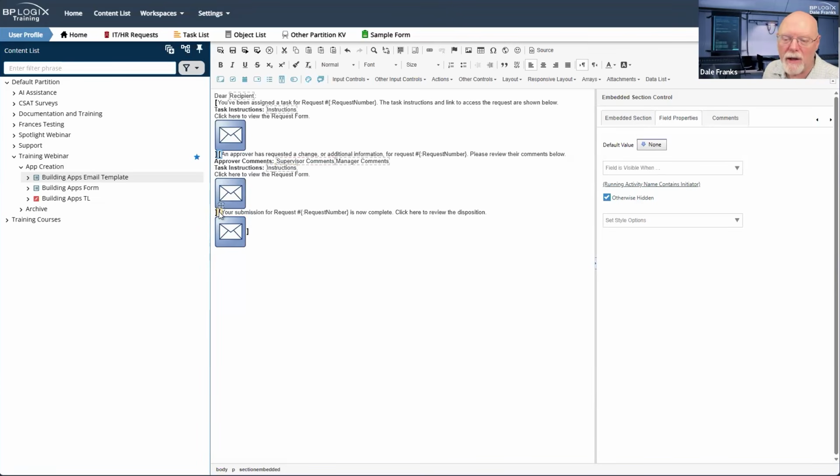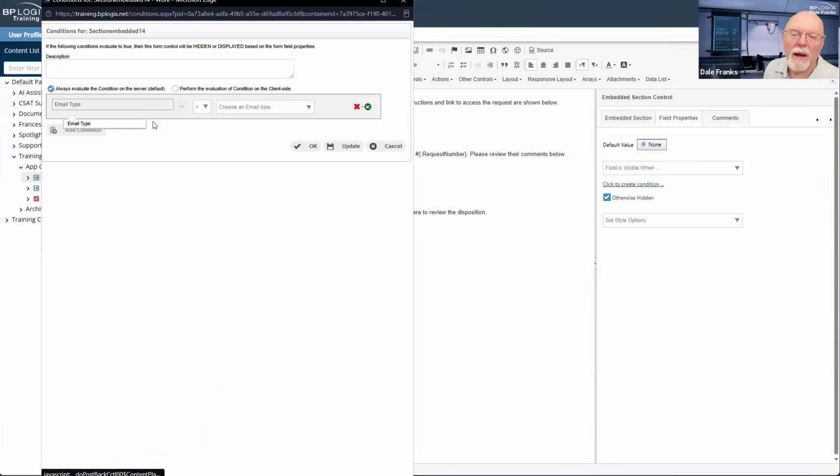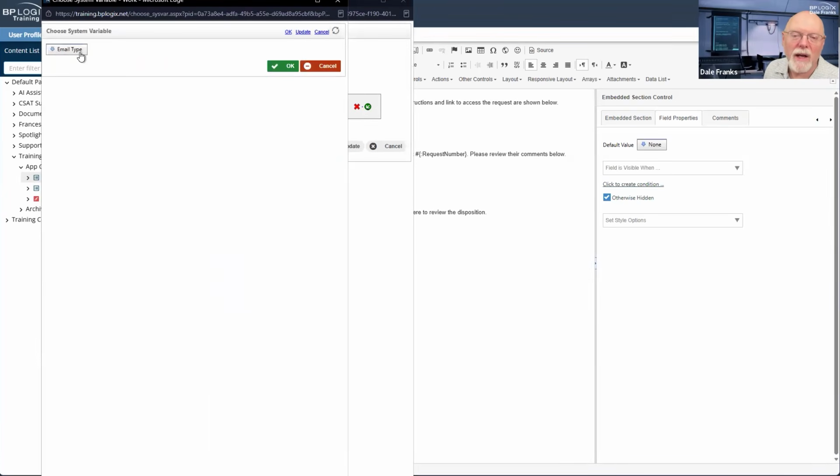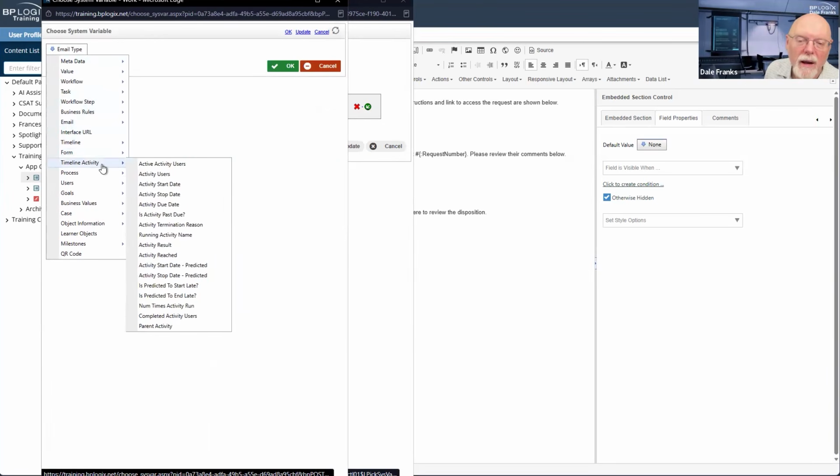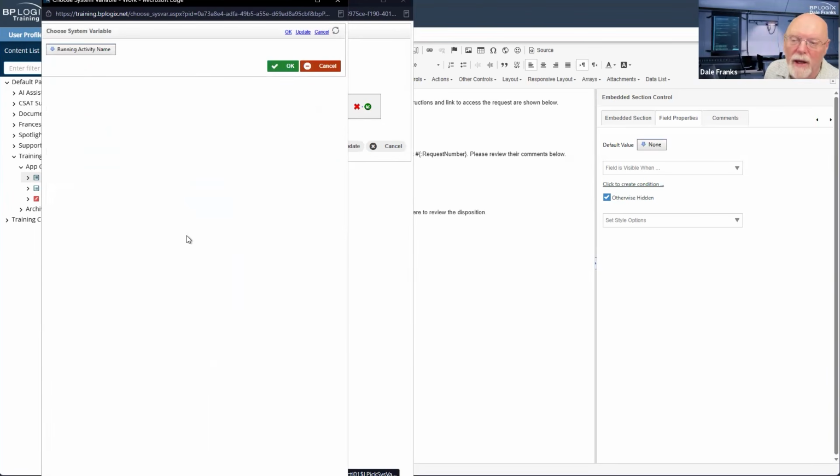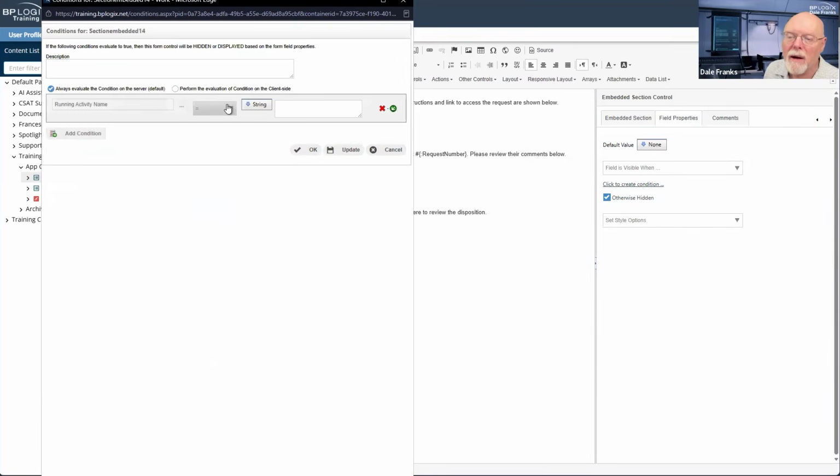And my third condition should be field is visible when my running activity name, timeline activity, running activity name contains, I think I called it disposition notification.